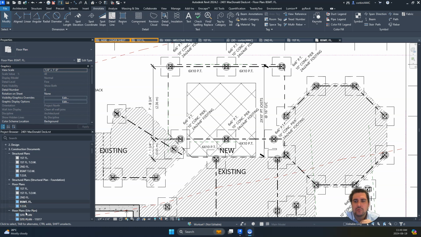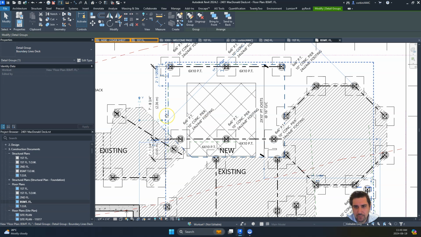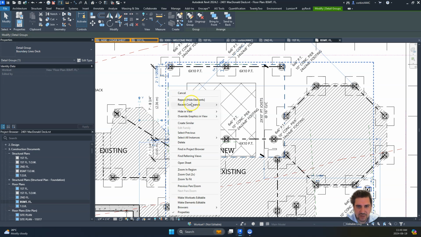Just going to do a quick little Revit tutorial here. Typically when we have a project like this, it's a deck pier layout. What we would often do is utilize dashed lines, and in this case we've grouped them together for the boundary of the deck above. There's actually another way to do that in Revit, which is a little bit